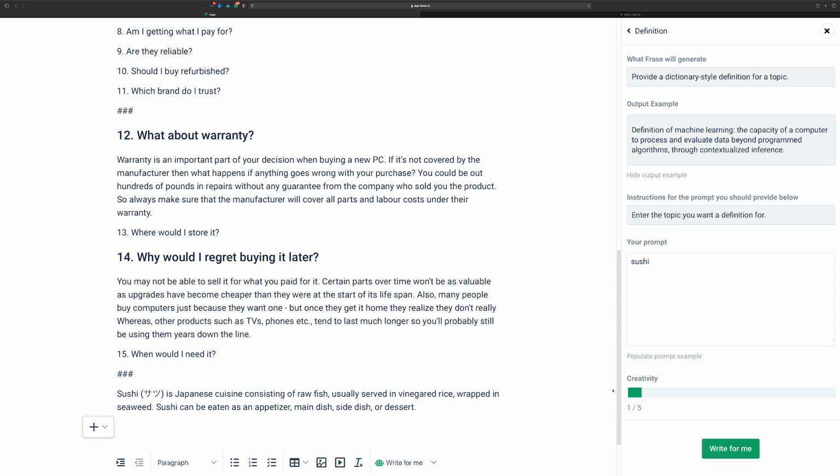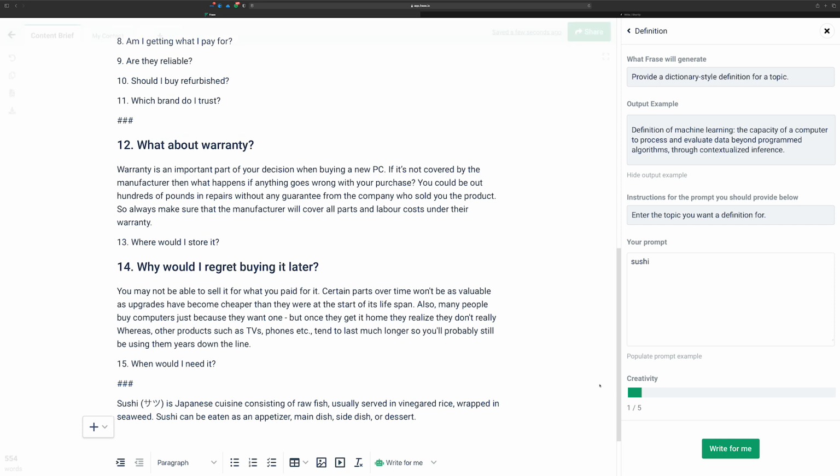Sushi in Japan is not usually wrapped in seaweed, but eaten as an appetizer, main dish, side dish, or dessert. I'm not sure that you would consider sushi dessert, but it actually is doing a pretty decent job of defining